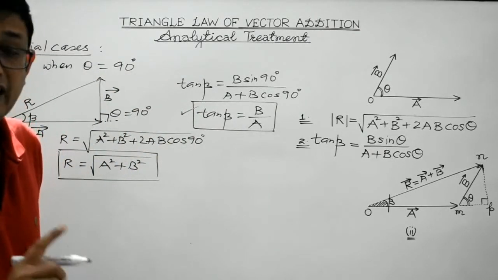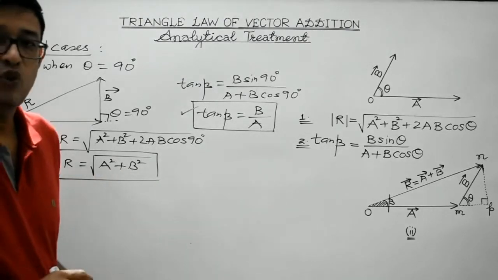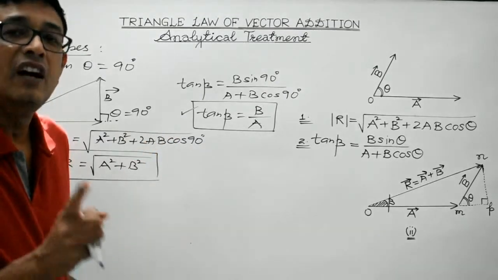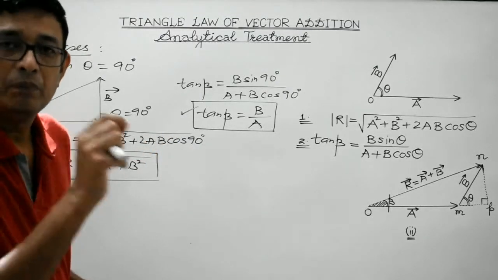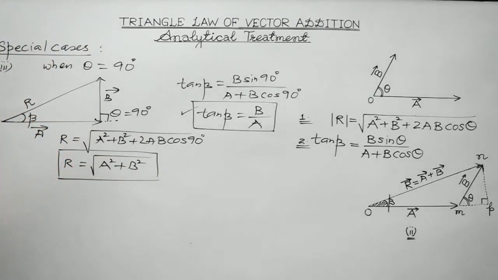Right? So in case the two vectors are at right angle to each other, then resultant magnitude is square root of a square plus b square, and the angle which the resultant makes with a vector is tan beta is equal to b by a. Right? So we are over with case 3 as well. Now case 4. Now students,